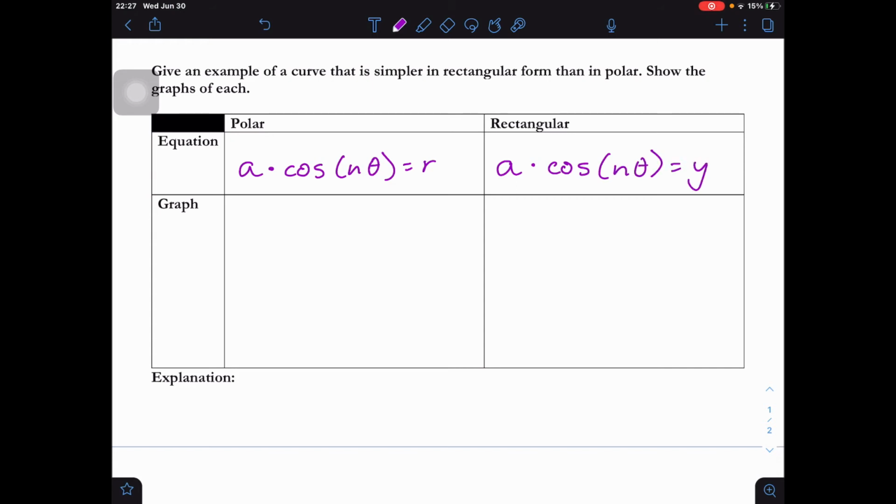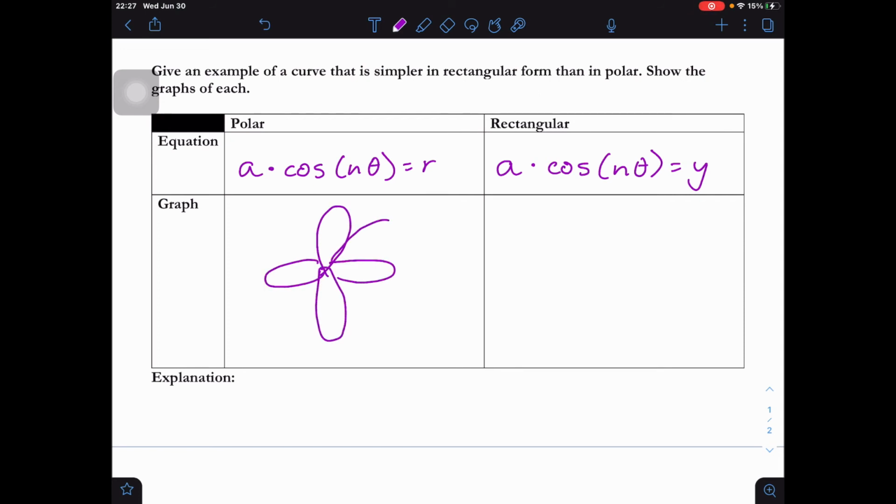So in polar form, based on the n value, it would be a rose with petals. If n is an even number, the number of petals in the rose will be n times 2. If it's an odd number, it's just going to be n. So let's say n is equal to 4, then we would end up having 8 petals. So it would look like,